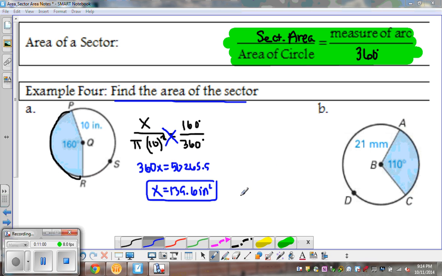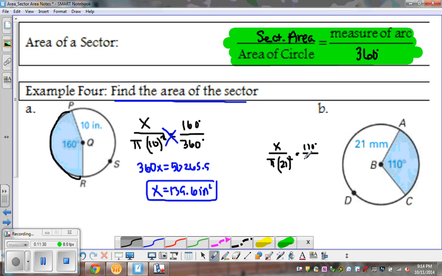So let's look at it. Once again, I'm trying to find the area of my sector, so I'm going to use this highlighted equation up here. So it's the area of my sector over the area of my circle equals the measure of my arc over 360 degrees. So I'm looking for the area of my sector, that's my x value over my area of my circle, which is pi times my radius, which is 21 here, 21 squared, equals the measure of my arc, which for the shaded region I'm looking for is